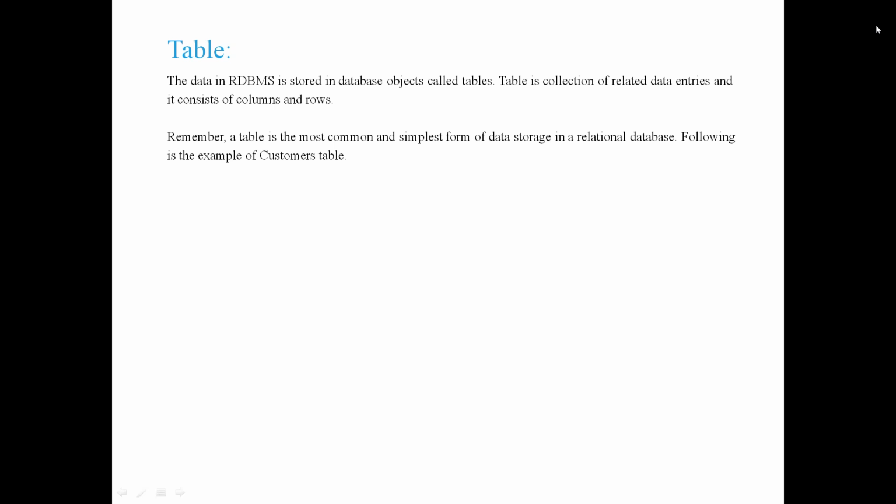The way you insert records in an Excel sheet, the table appears in the same way. It holds the actual data. Remember, a table is the most common and simplest form of data storage in relational databases. That is how it helps us to easily retrieve the data whenever we want.